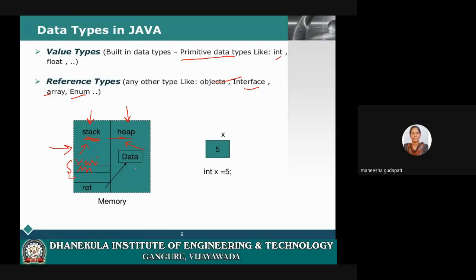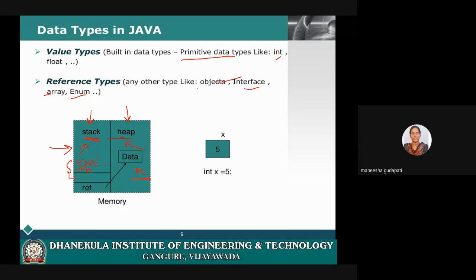What will be stored in heap memory? If you are creating anything dynamically, that means in C, if you create any variable by using malloc, calloc, or if you are resizing by using realloc, then that type of data will be stored in heap memory.